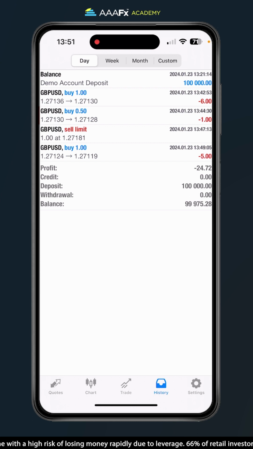And that's pretty much it on how to place trades and pending orders on MetaTrader 4 for